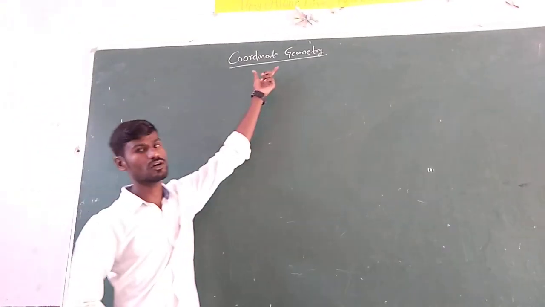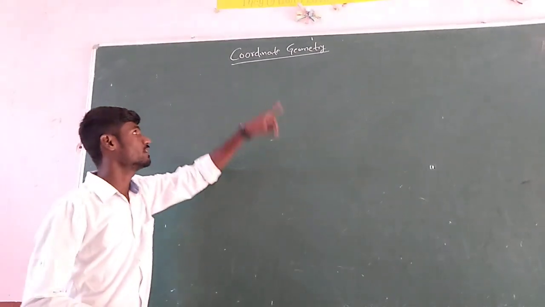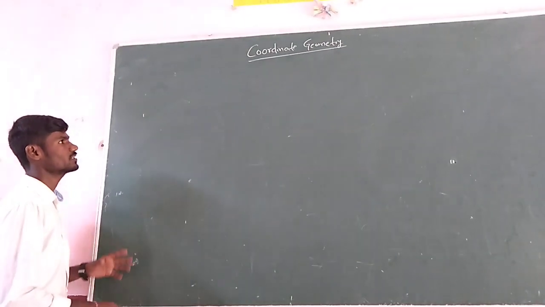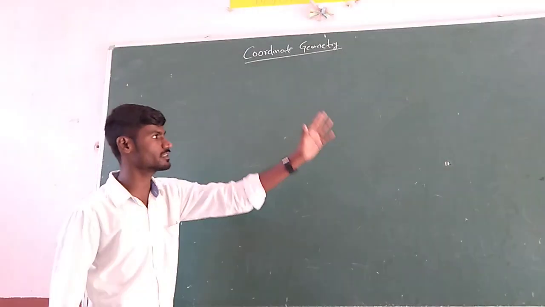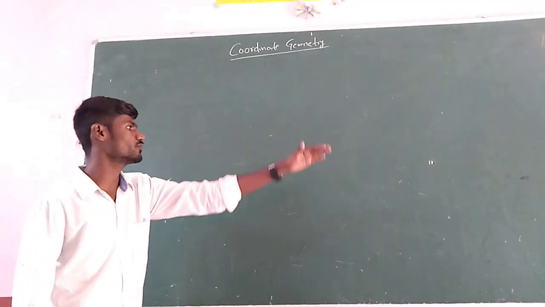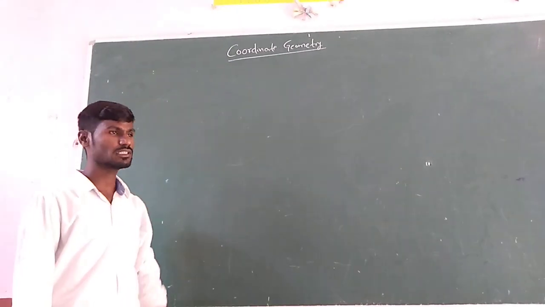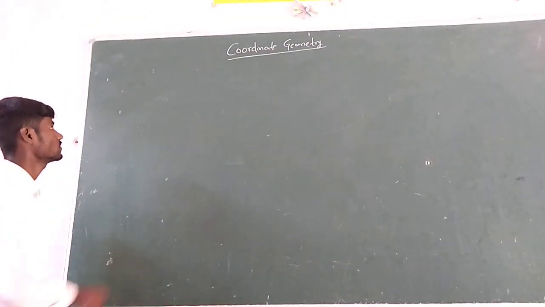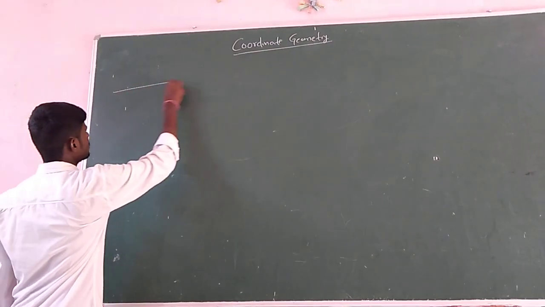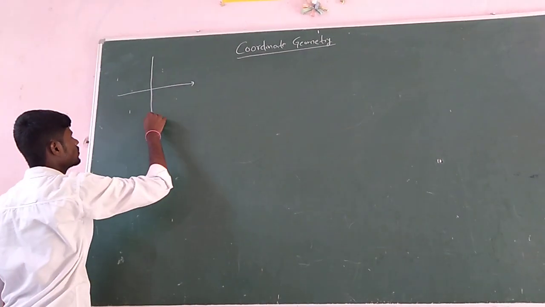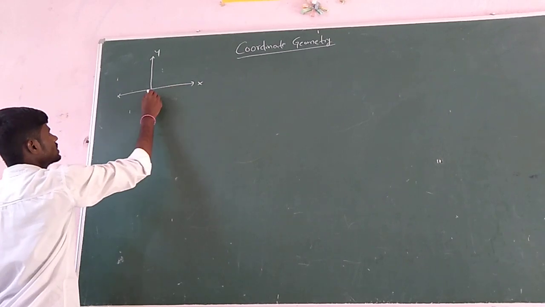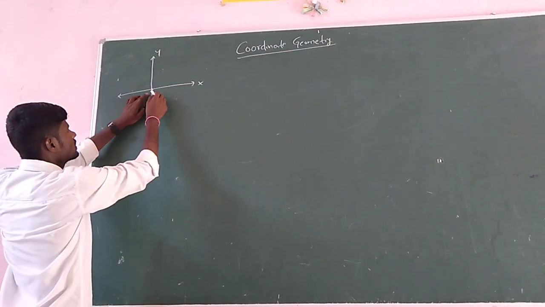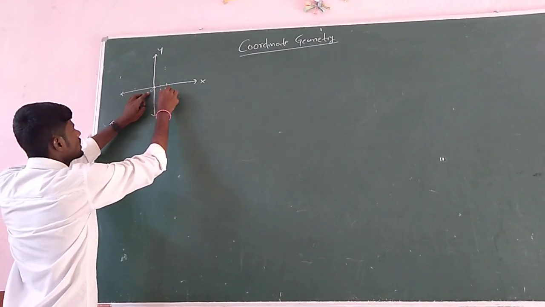Today's topic is coordinate geometry. So what does coordinate geometry mean? If we consider a plane, suppose I am considering this blackboard, divided into four parts with the help of two integer lines, a Cartesian plane is divided into four parts with the help of two integer lines, said to be the x and y axis. An integer line has positive values and negative values.